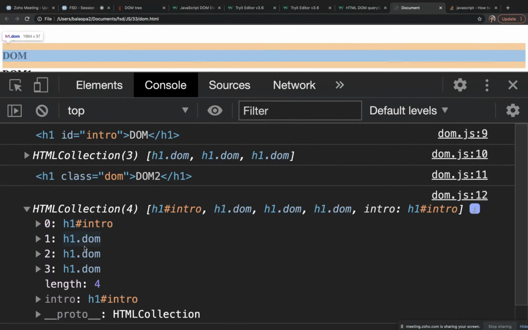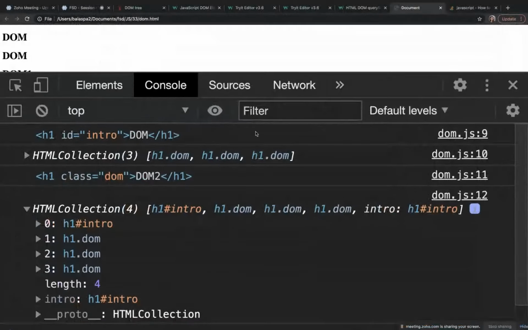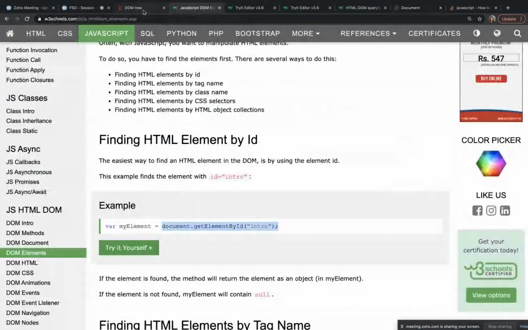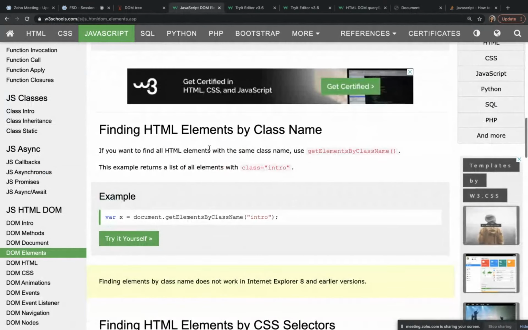So if I want to access any of it, I need to call of 1, 2, 3. And also there is another thing, get elements by name. So if you have input elements with some name, you can get those elements using get elements by name.